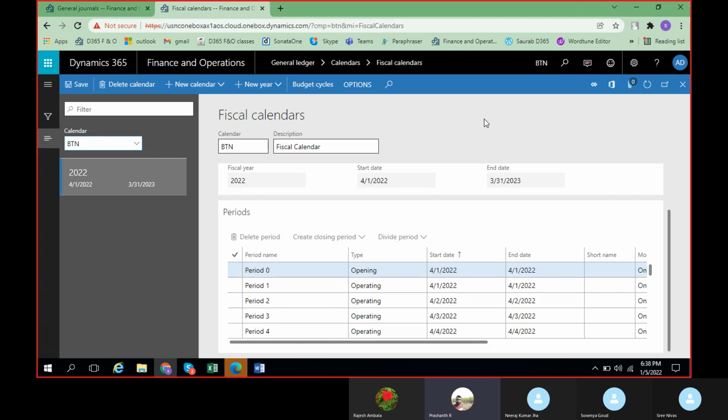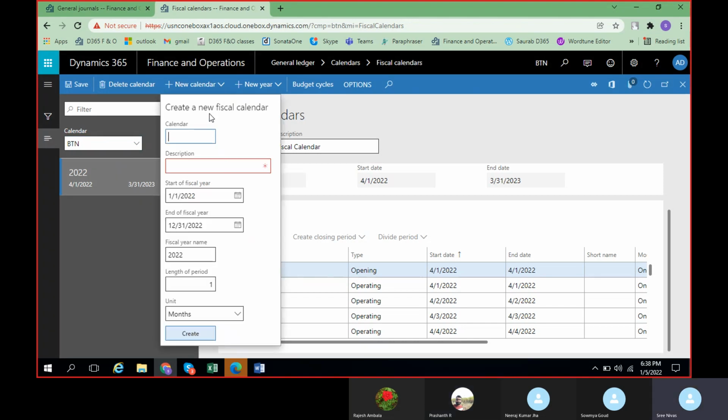So when we created a weekly calendar, the number of periods should be 54, right? 52 weeks plus opening and closing. Were we able to see that? Can you go to a weekly calendar once?